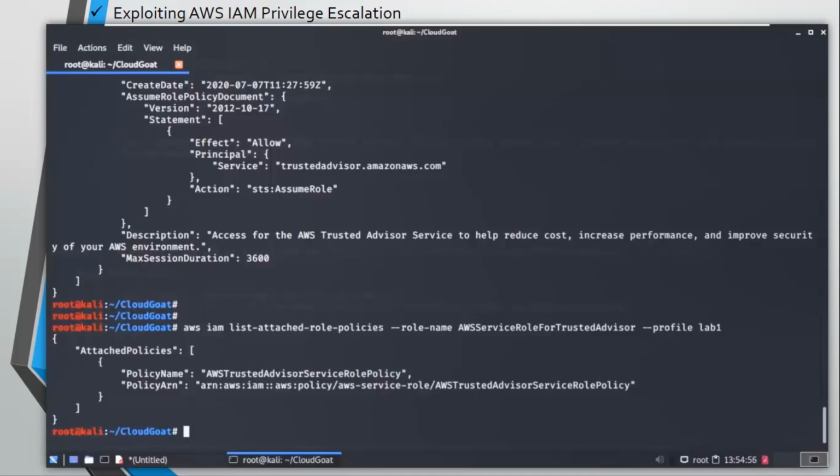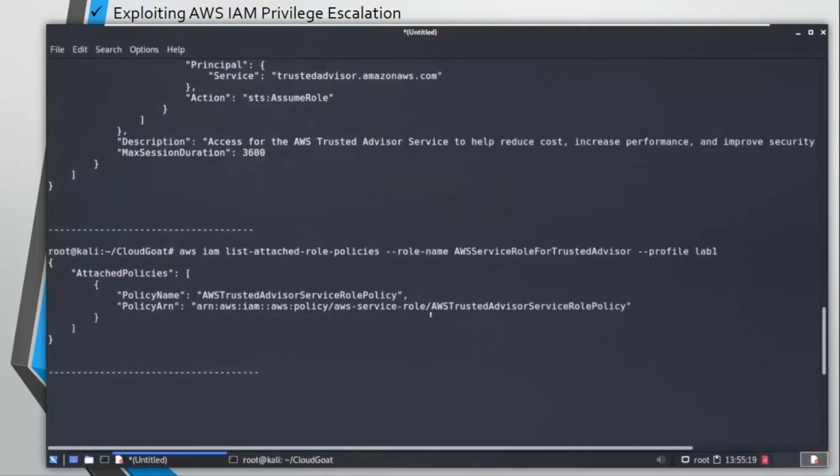Let's see what else we can check. Let's check for policies, policy version. Before checking the policy version, I'm going to check for a list of attached user policies.